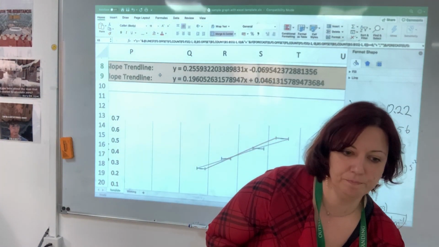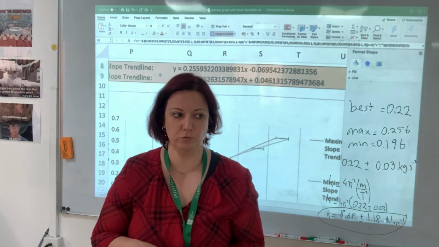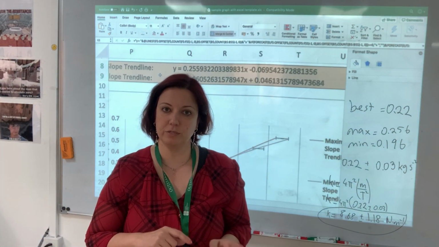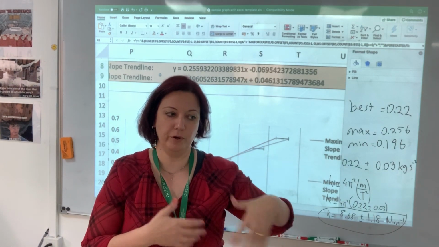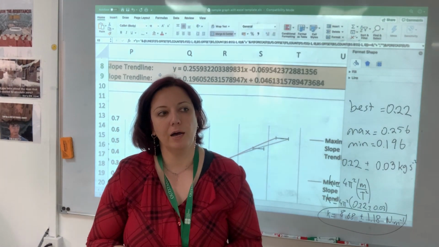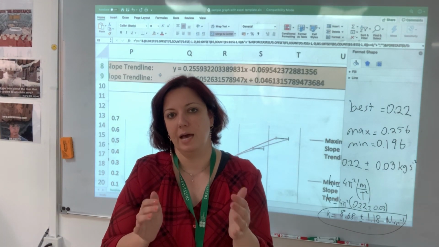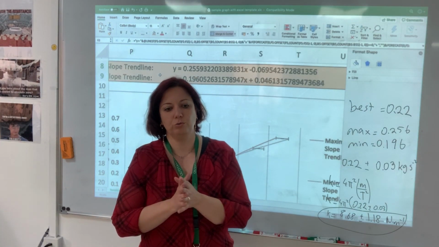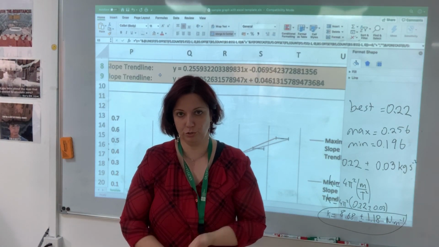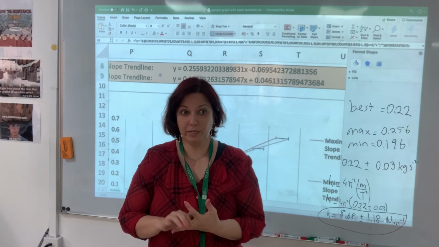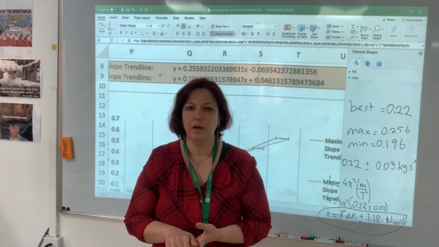Now your mock IA is going to be the pendulum lab, which is very, very similar to this one. And my next and last video is going to be showing you how that is done. And once I show you the way that the data is collected, I will share data with you for you to process. And your job is going to be to write a full lab report as if you planned the whole thing. You're going to need to do the research, including finding the formula that is given on the task sheet that I will share.